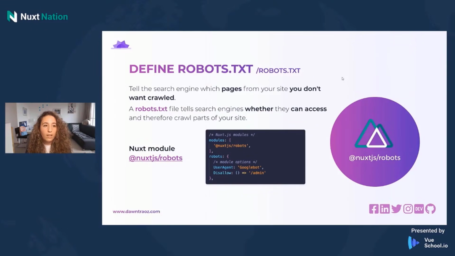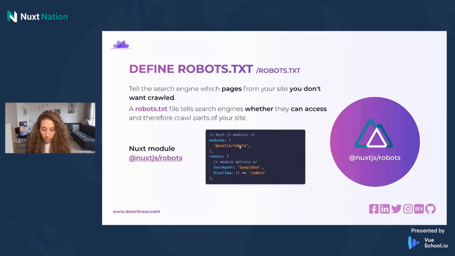Then let's start defining the robots.txt. So this file is just to tell the search engine which pages from your site you don't want to be crawled. So for example, if you have an administration panel with login and that kind of stuff, maybe Google doesn't need to know about it. So for that, you need to specify in disallow this kind of slugs. To do that, you just need to add the module Nuxt robots in your package JSON and just add the module in the configuration of Nuxt and specify the options